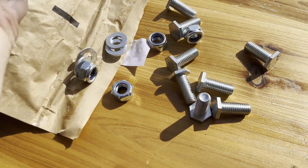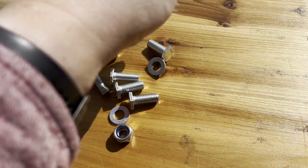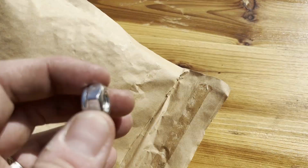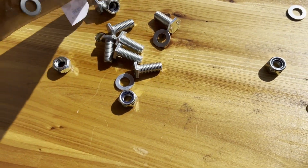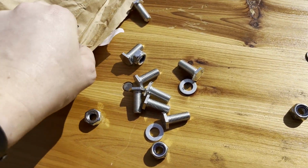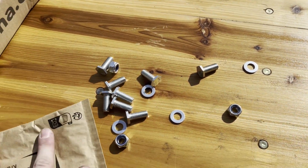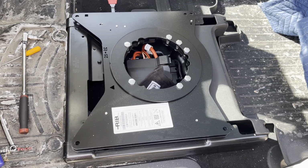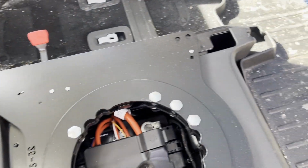Looks like some nice stainless hardware. Some nylock nuts. So I'm going to check which ones need thread locker versus just using the nylock. Go from there. Okay, so I'm now test fitting the driver's side bracket, and I'm realizing